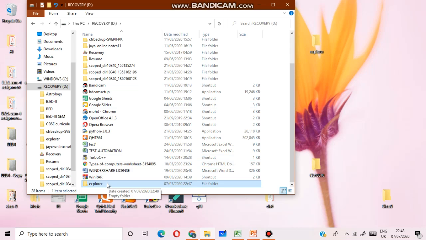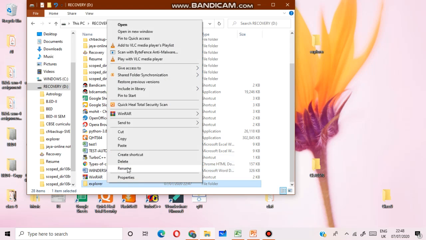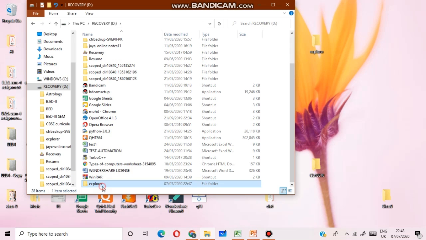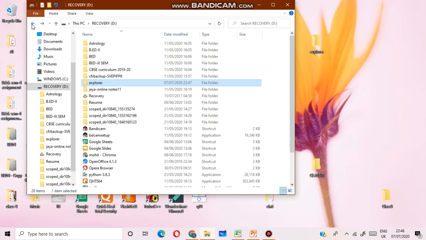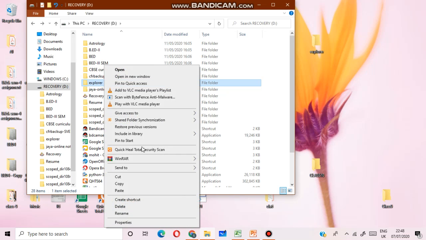Then how will you rename that particular folder? Suppose you want to change the name. What will you do? Look here. Right click on the particular folder.